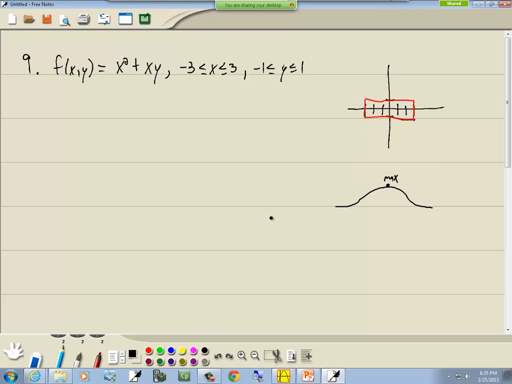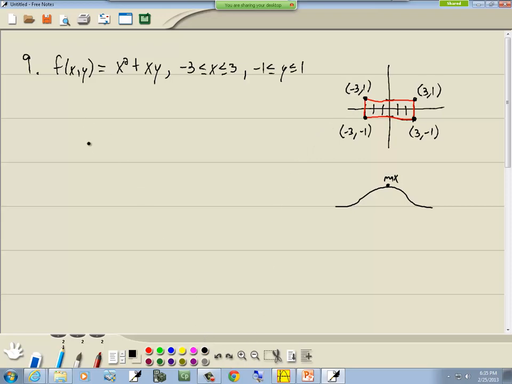Now the intersections, I got my picture here. This one will be negative 3, 1. This one will be 3, 1. This one will be 3, negative 1. And this one will be negative 3, negative 1. So we're going to need to worry about those. But